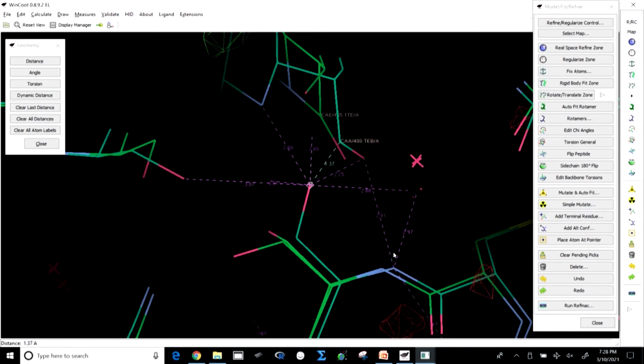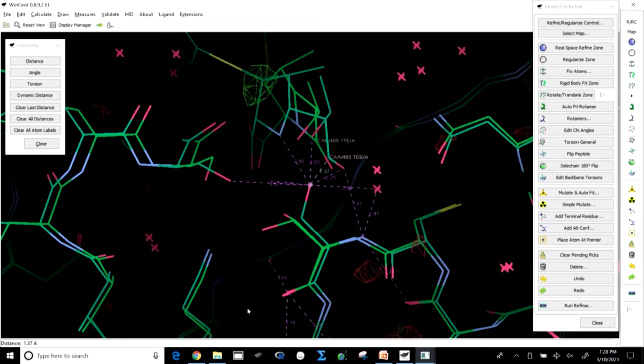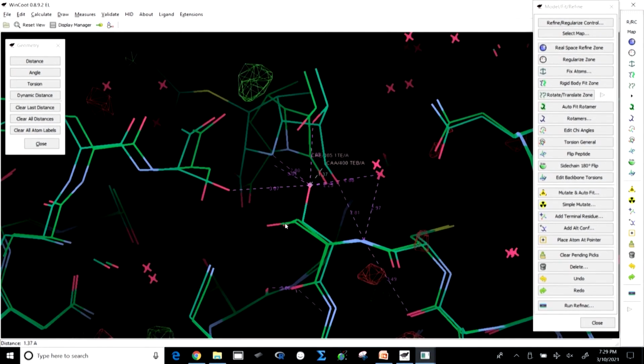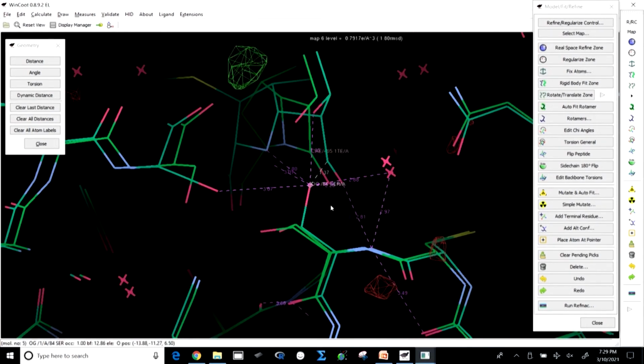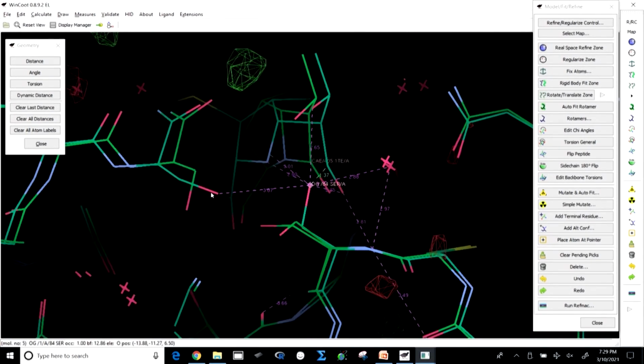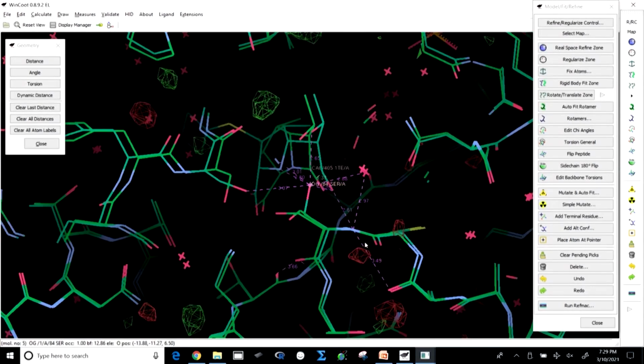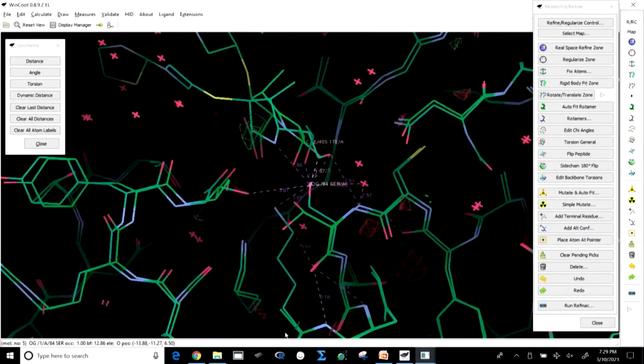Now, understand what I am saying. When the serine is interacting and forming a covalent bond, it is in one conformation, whereas when it is not forming, it is in another conformation. Why? The answer you will get if you look at the interaction of this serine, you will see that